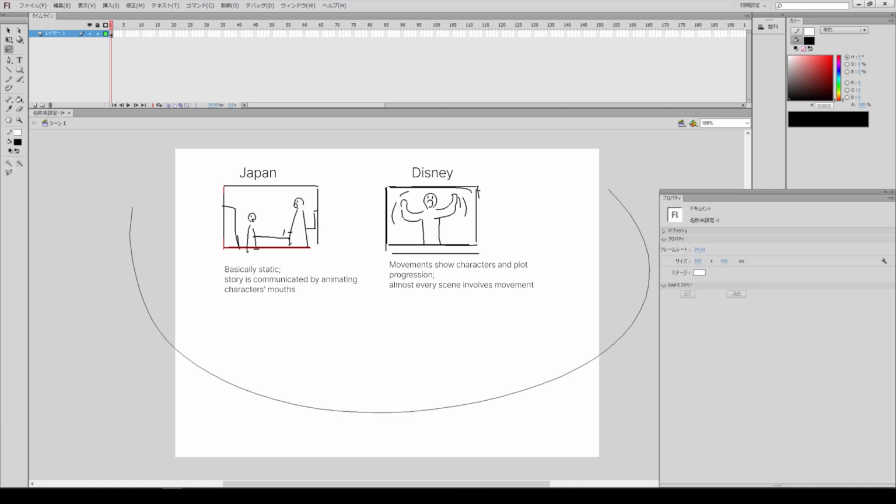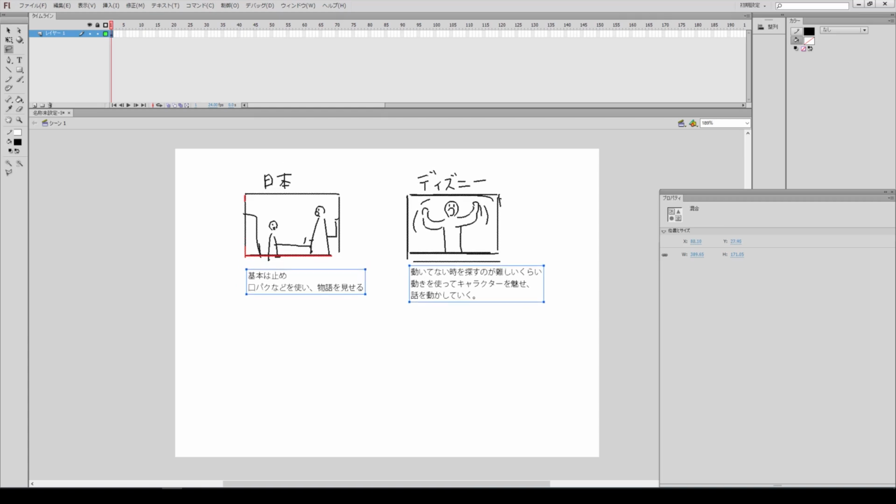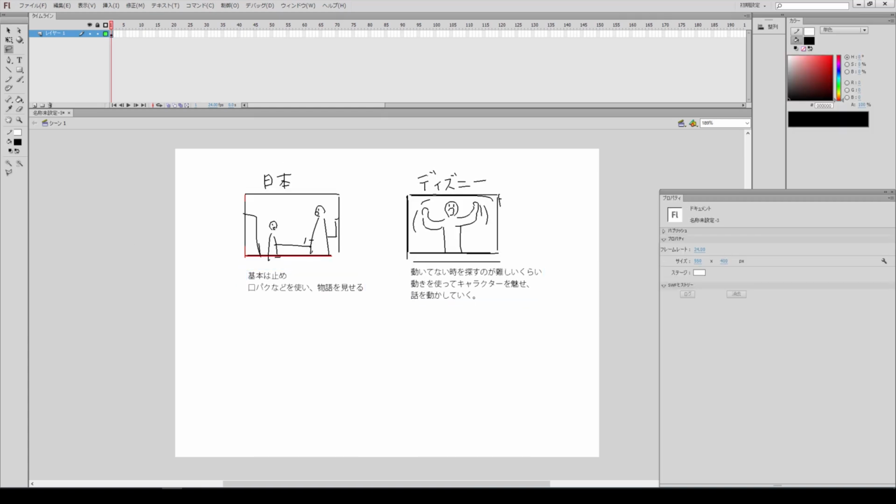I believe these differences stem from the story composition and planning methods. I think they have a big impact. I think they stem from the different national characters. This reflects national characteristics, like those of Japanese and American people. Japanese people are often less expressive when speaking. It seems like this national characteristic is reflected in animation as well.